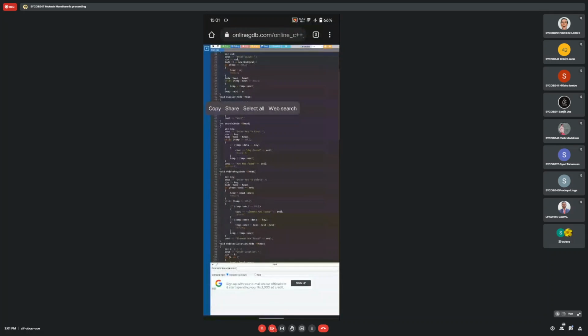This is the search node in which we take the key from the user, and node temp is equal to head, while temp is not equal to null. If temp data is equal to key, then it will show that the key is found, and if not, it says not found. Okay, execute this code.